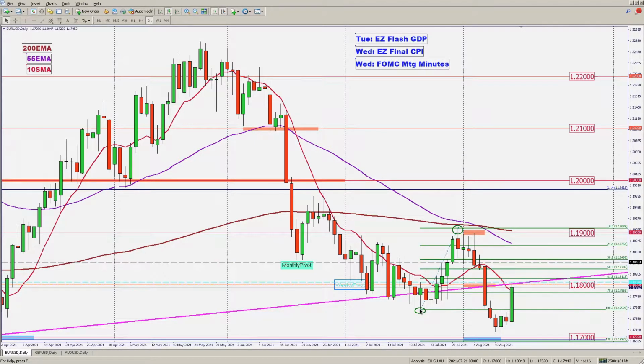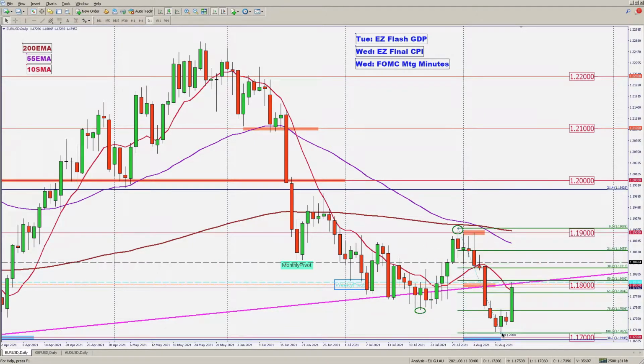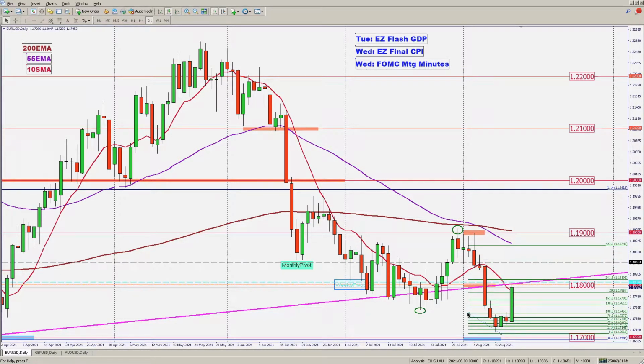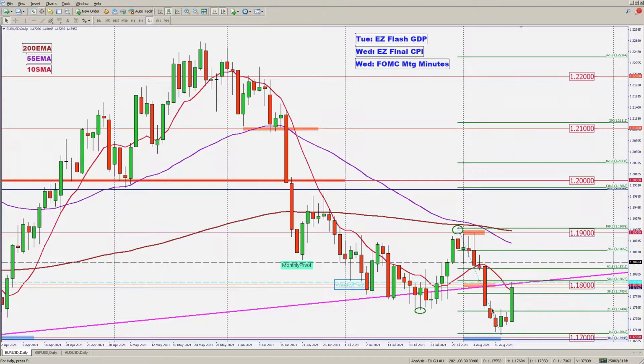We can also move this fib over to here so that we can see the pullback and the retracement. Let's switch this over. And it's from this high from the last month. It's just missed out on hitting the 50 fib. However,